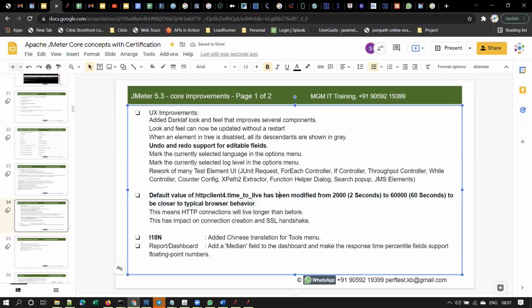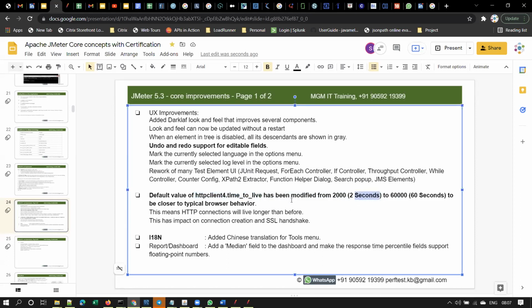The default value of HTTP client time to live has been modified from 2 to 60 seconds. In the previous versions of JMeter, we used to see an error called connection timeout. That is one frequent issue with JMeter, because the HTTP client time to live is 2 seconds in the previous versions.